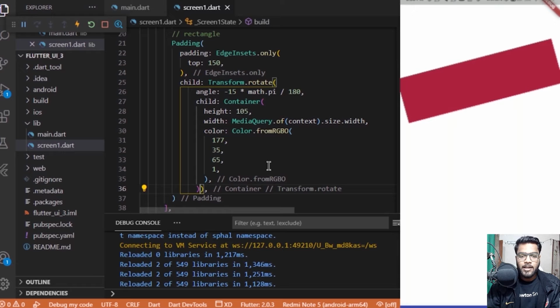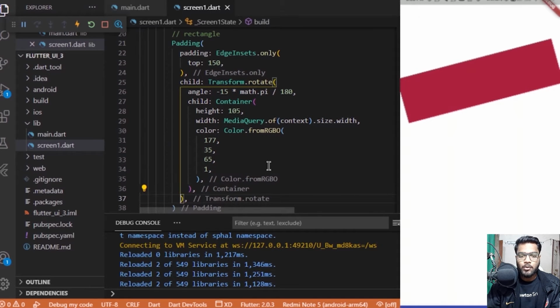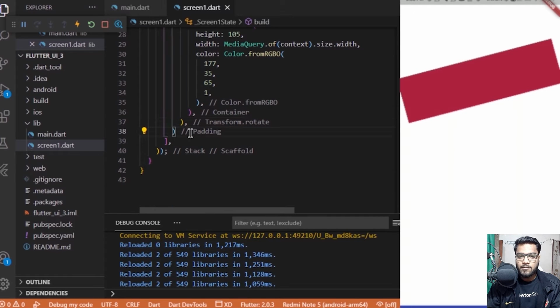You can see over here that the rectangle has appeared on the screen, and it is in a format that's pretty nice, I would say. Like it's matching the UI which we are going to create in this video. And yeah, now let's move towards the next part of this padding.